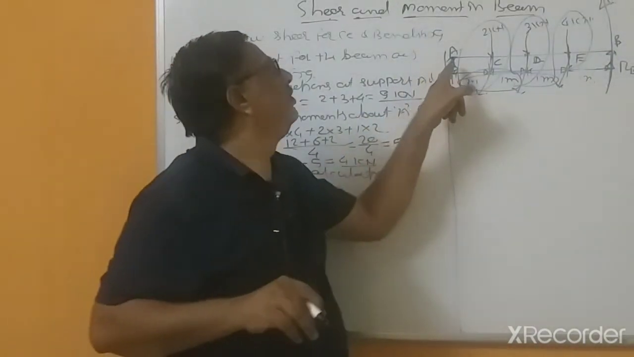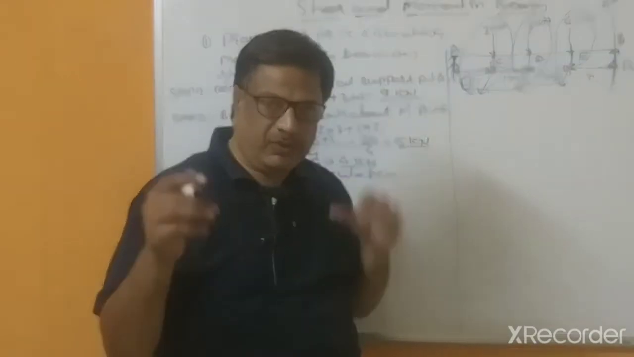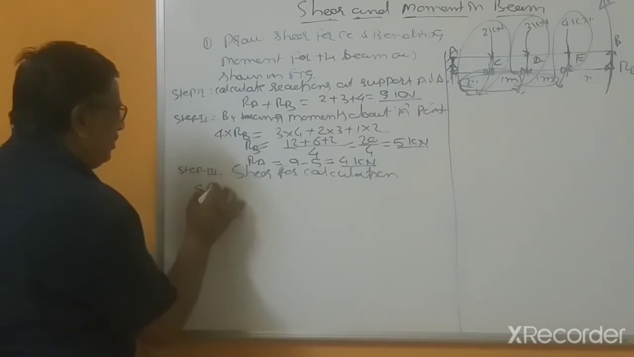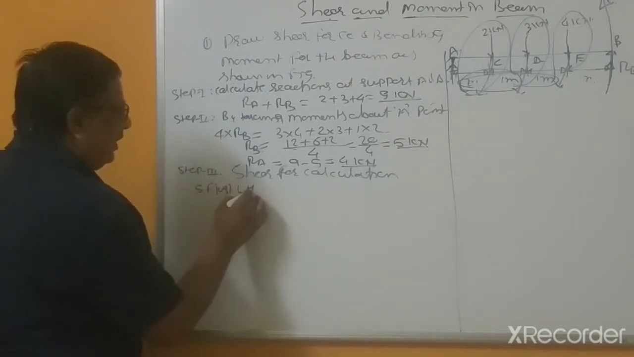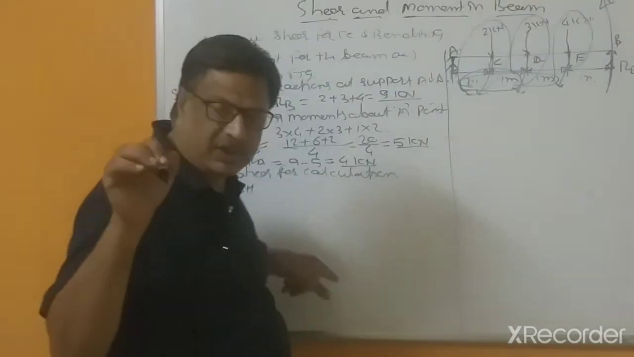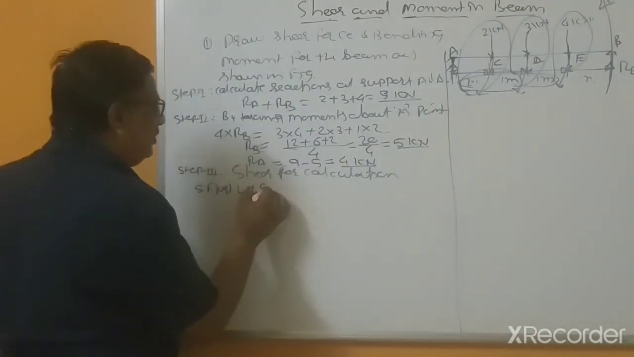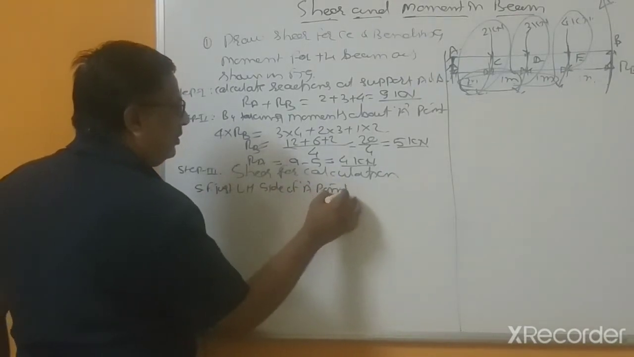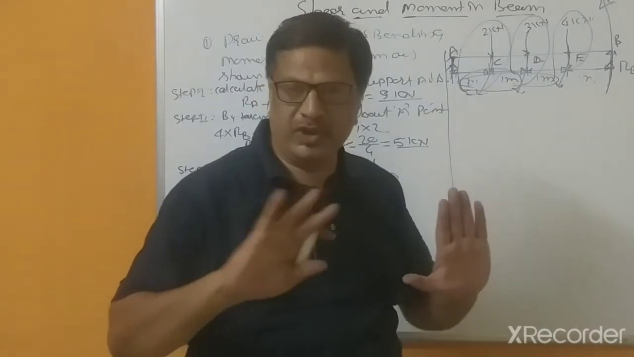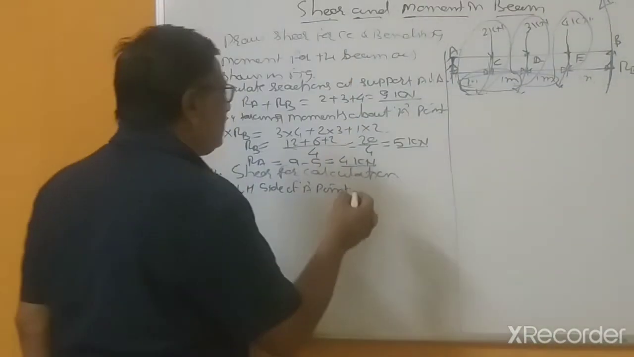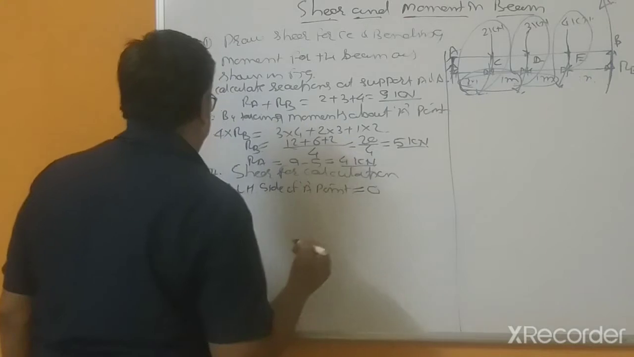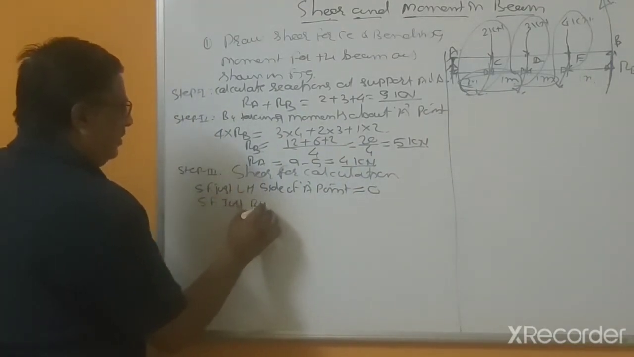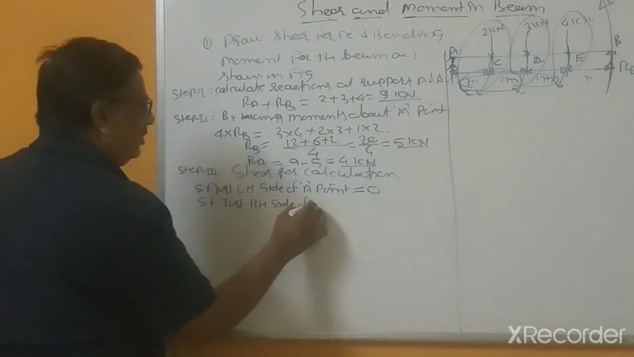Here are the first points, so that's why you can consider the shear force just left hand side, L for left and H for hand side, of point A. In the left hand side there is no force, so this is equal to 0. Shear force just right hand side of point A,